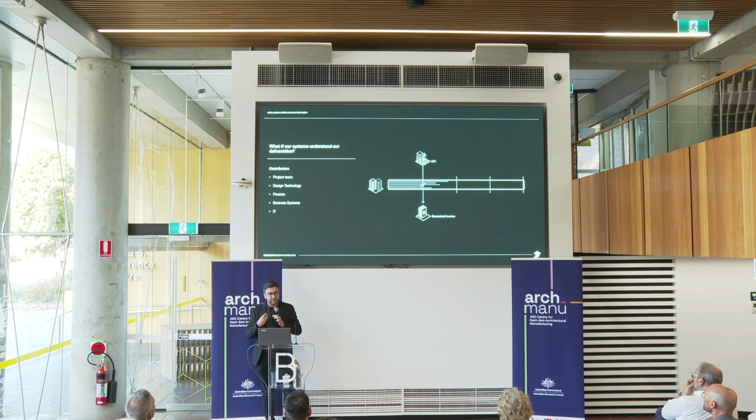What if our systems actually understood our deliverables? What if we establish KPIs at the beginning of a project that enables us to do things as simple as issue an invoice on time when a certain thing has been digitally met? With that insight, could that mean that our project teams would work more differently? Would they work more efficiently, more goal-based?